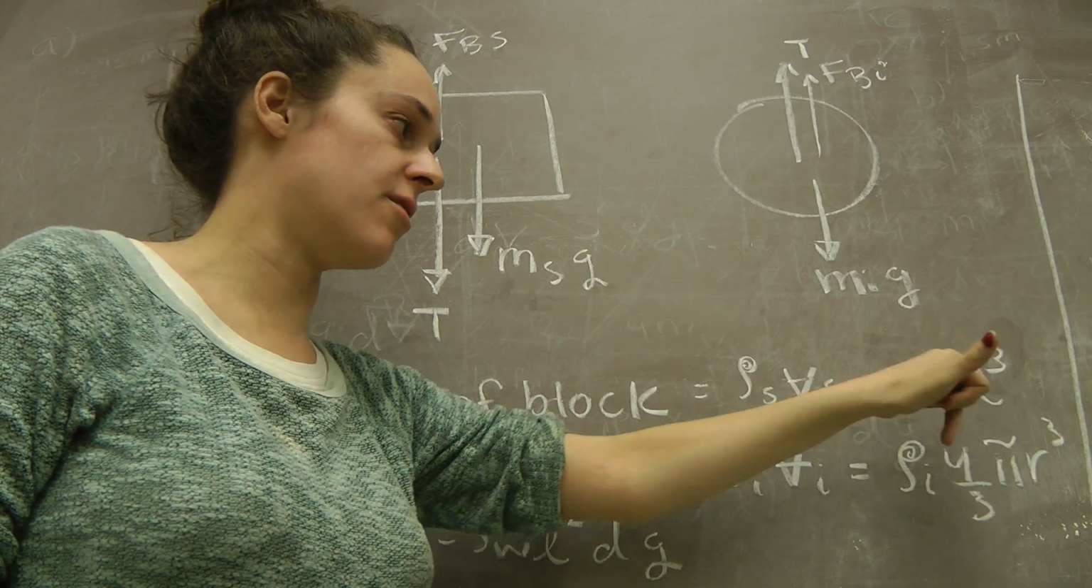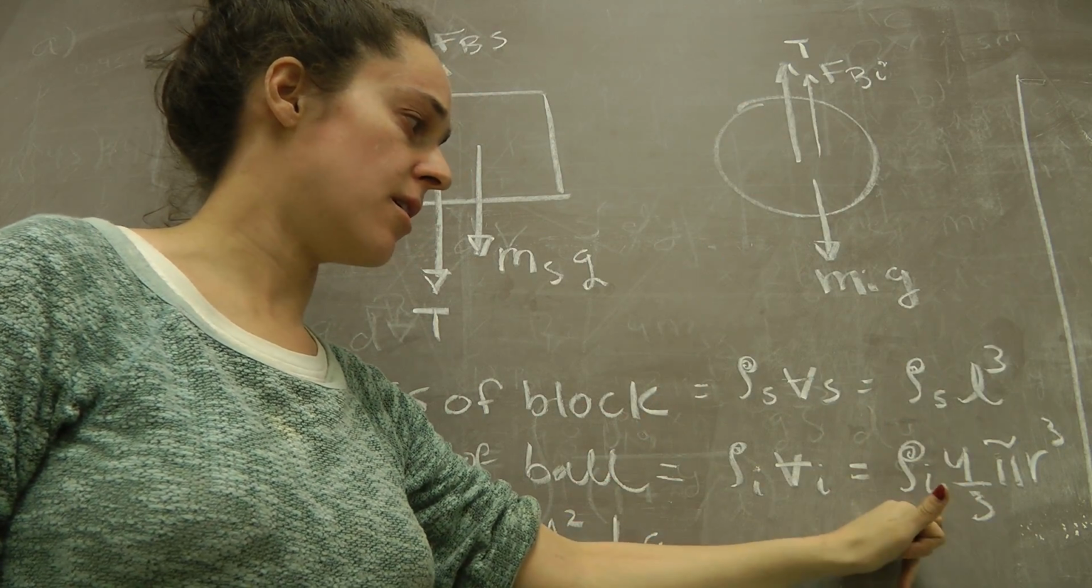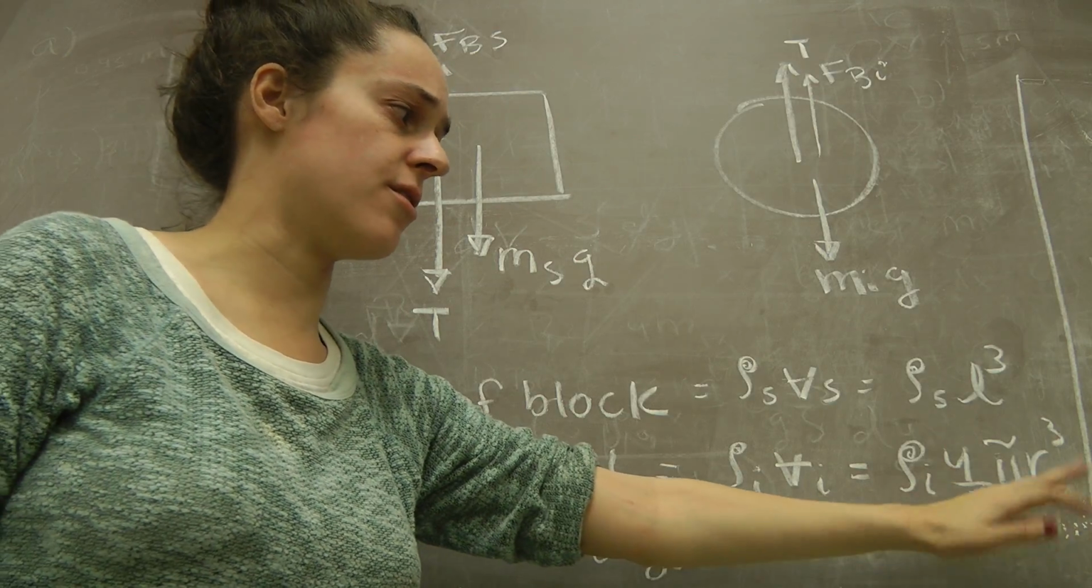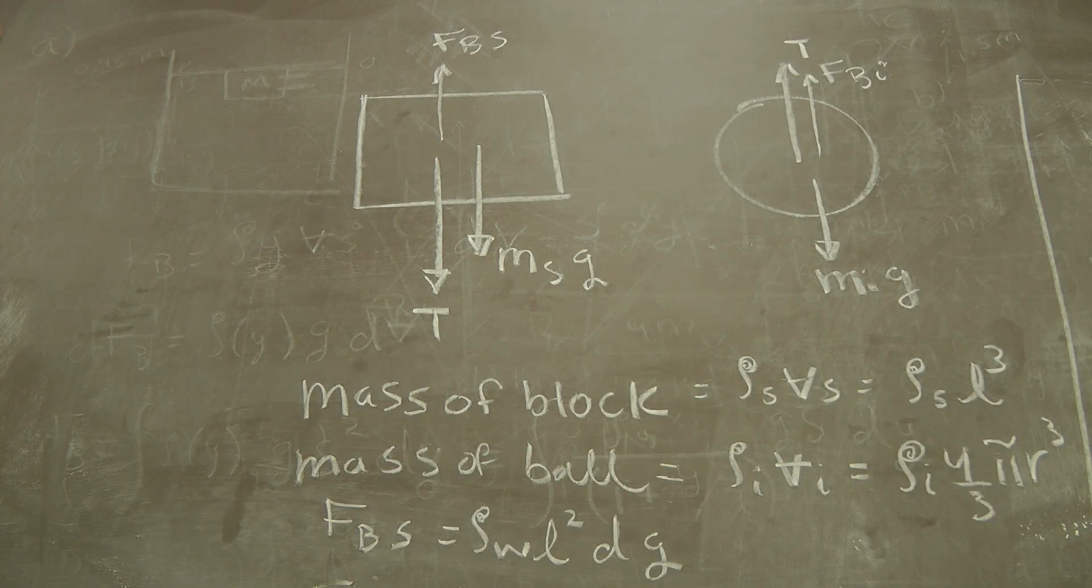So density of styrofoam times L third. Density of the iron times 4/3 pi r cubed. Okay, but the buoyancy